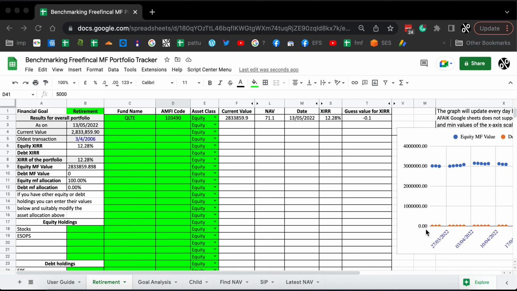In this video, I want to demonstrate how you can benchmark your mutual fund portfolio using the freefincal mutual fund portfolio tracker on Google Sheets. Now, what does benchmarking a mutual fund portfolio mean? It means that